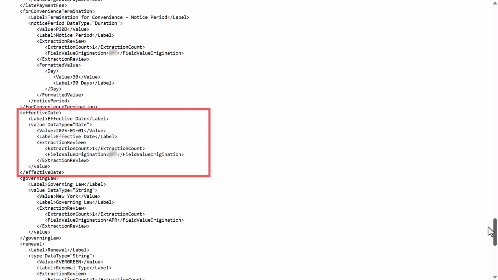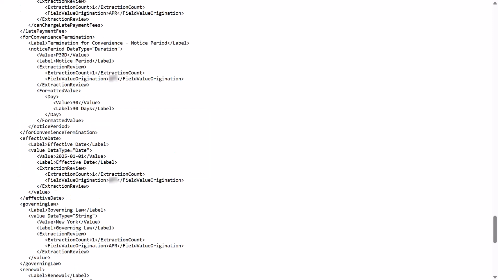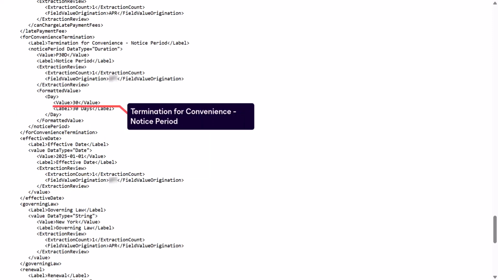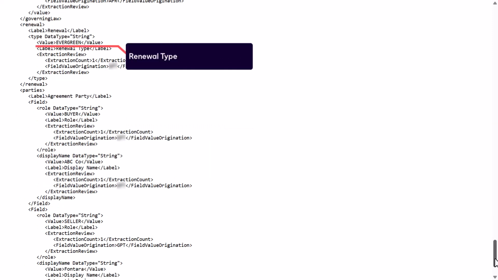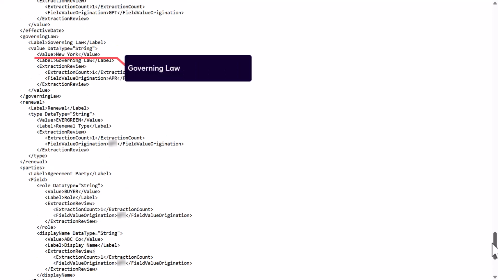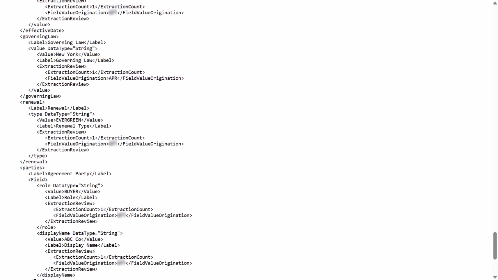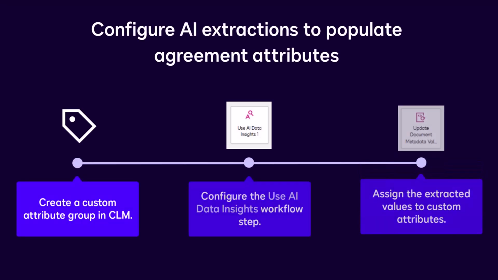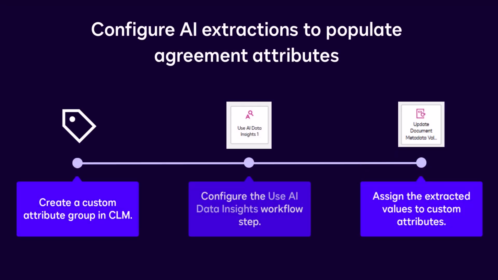The effective date is extracted and captured in the effective date tag of the XML output. The extracted field values for the termination, renewal, legal, and compliance terms are captured in a similar structure in the XML output.